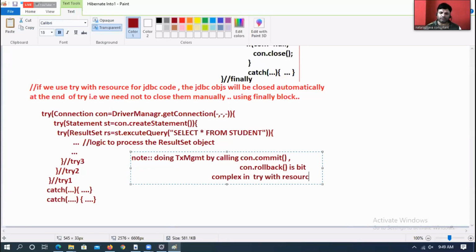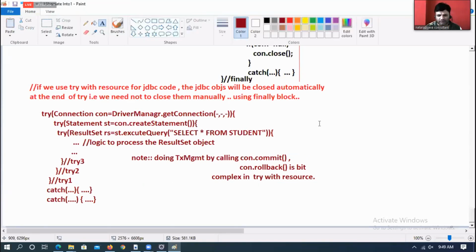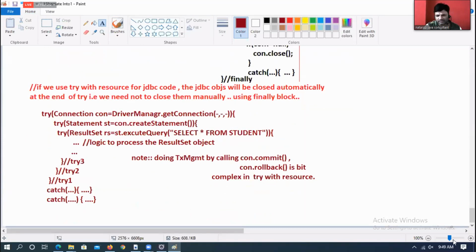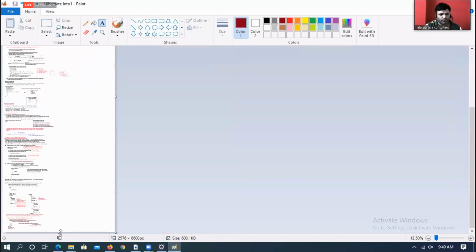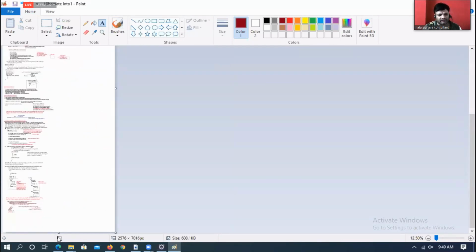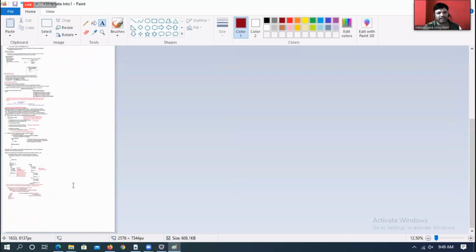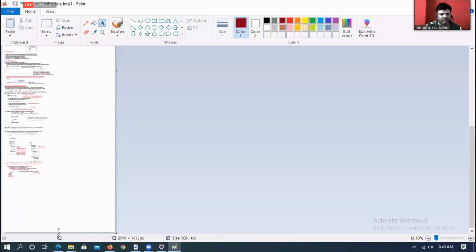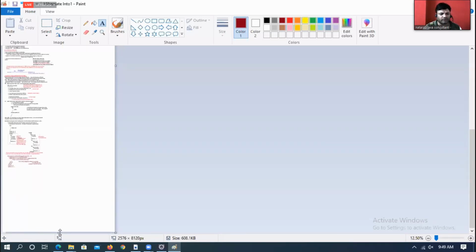I'm not saying impossible, but it is a bit complex. If it is try with catch with finally block, in the finally block we can happily do transaction management. I hope you are seeing all the reasons one by one. I am giving sample code on purpose to make you aware. The people who don't know JDBC and are planning to learn JDBC in parallel, don't panic.